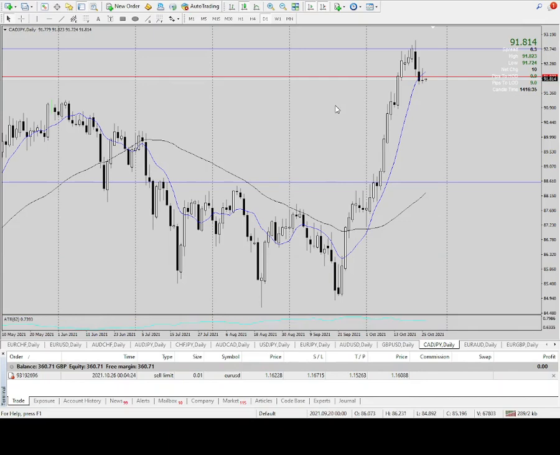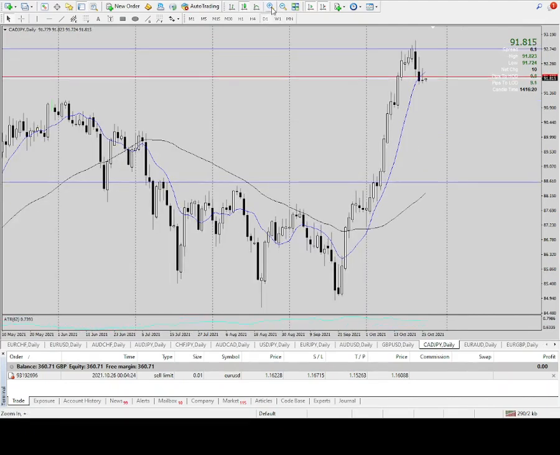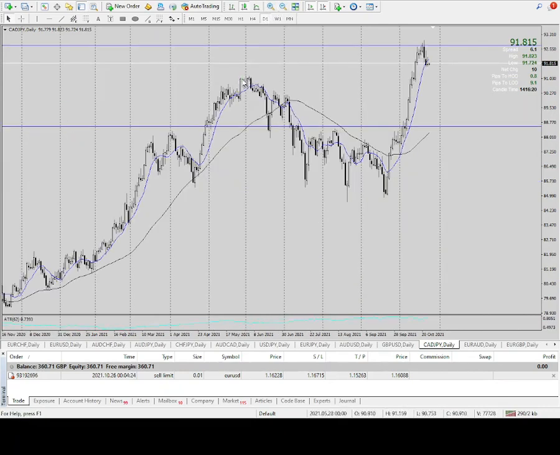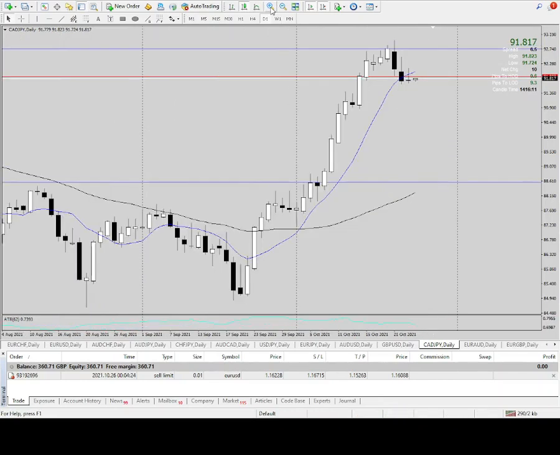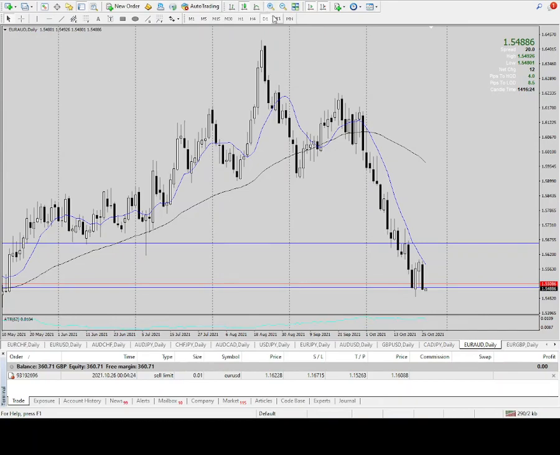Moving on to the CAD JPY. Yeah, so our bias is bullish on this one. Like I said, I think I mentioned that it's possibly going to pull back to this high here, and after it does, we may get a better buy signal. So we're going to carry on waiting with this one and see how this plays out. Euro AUD,